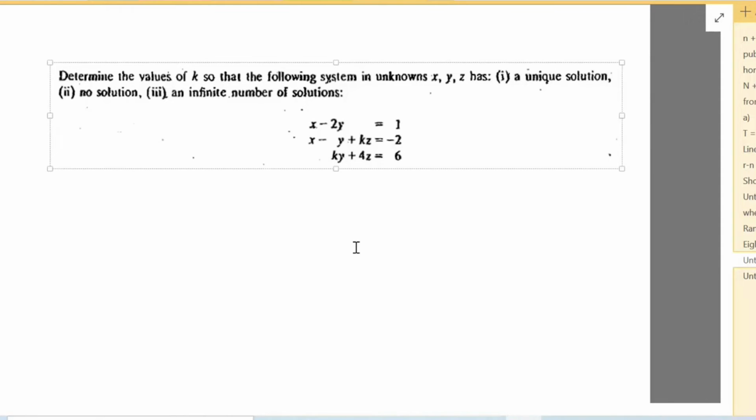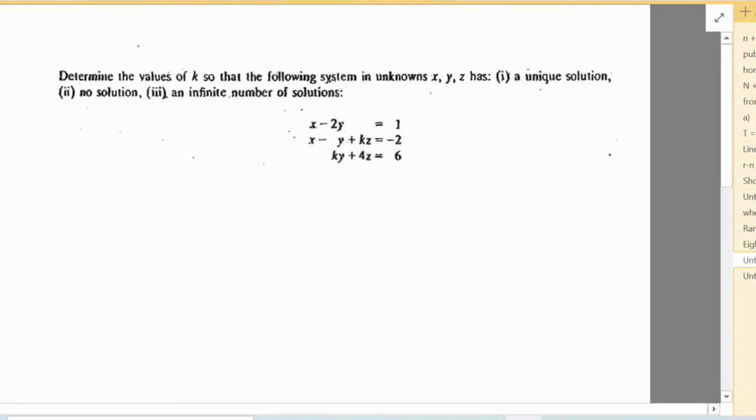Okay. So this is the method. You have to write down the augmented matrix and reduce it into echelon form. And look at the third leading coefficient. Find out the values at which the third leading coefficient will become 0. So take the possibilities of that values and identify for which values of k the system has no solution, unique solution, and infinite number of solutions. So try this one. Can you do that?